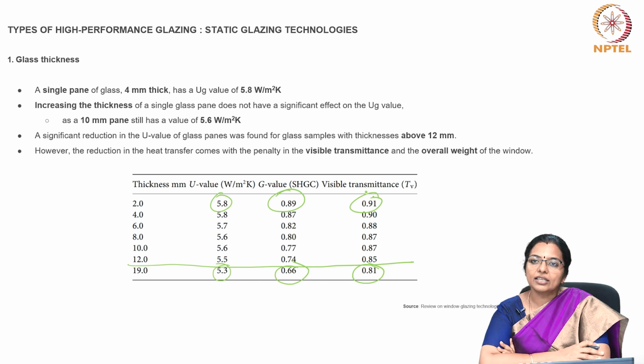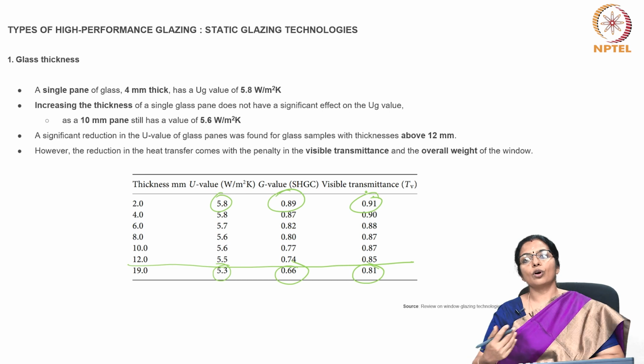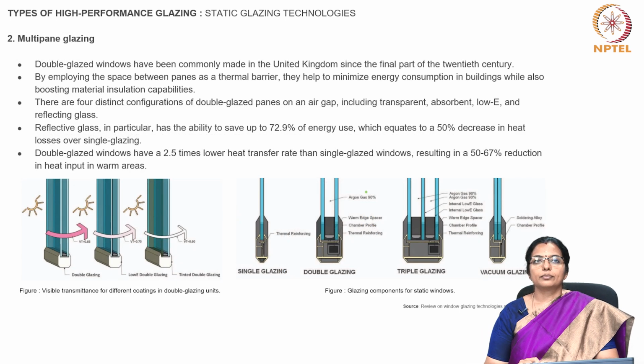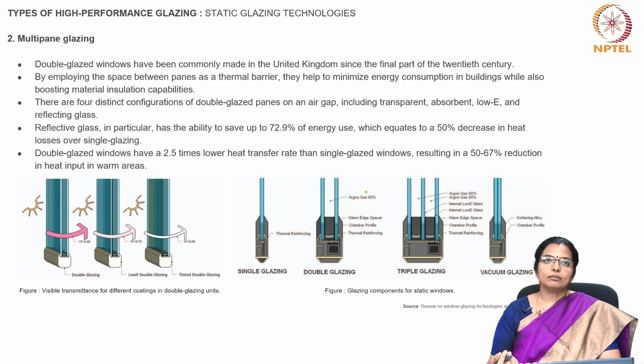However, the reduction in the heat transfer comes with a penalty in the visible transmittance and the overall weight of the window. Let us now see the types of high performance glazing with respect to